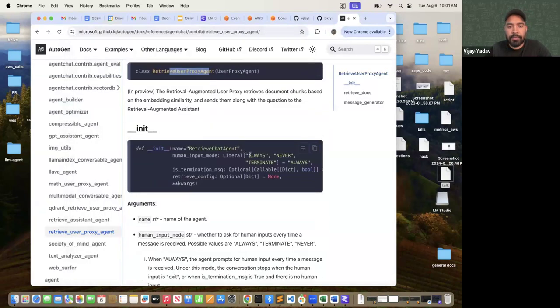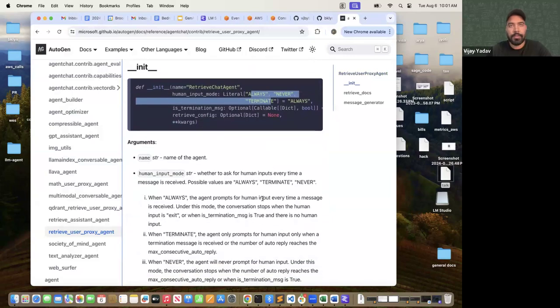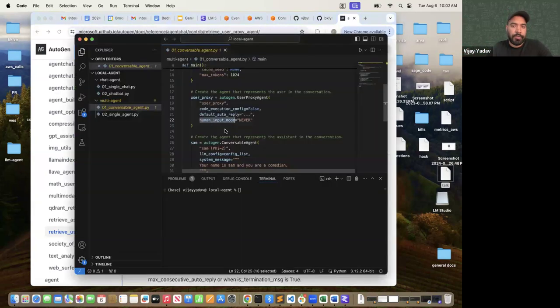So in general, you have three options for human input mode. Always means it will become an agent which always requires human intervention. So after each iteration, whenever the model returns the response, it is going to ask the user, do you want to continue? If yes, what prompt do you want to send to the agent? Never, it's never going to ask. Terminate means once all the maximum iterations are done, which we define, it's going to terminate the conversation